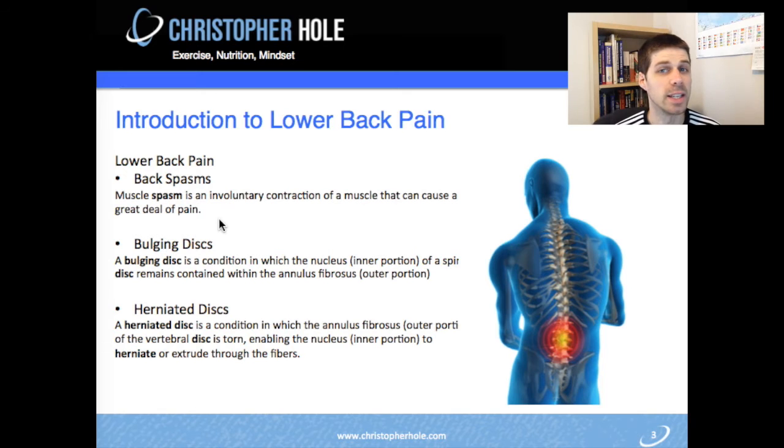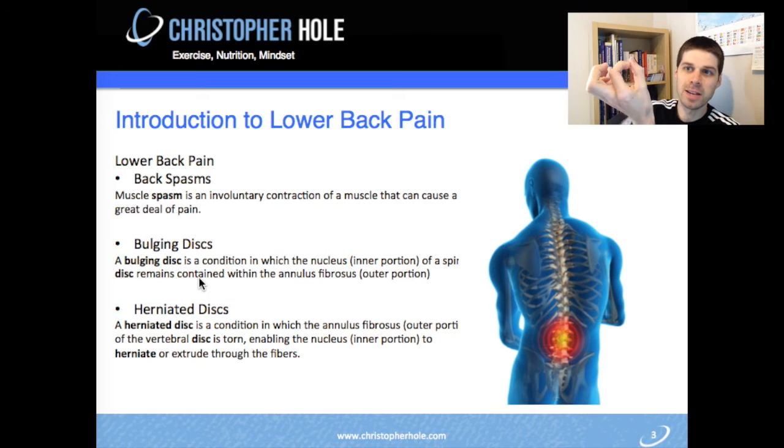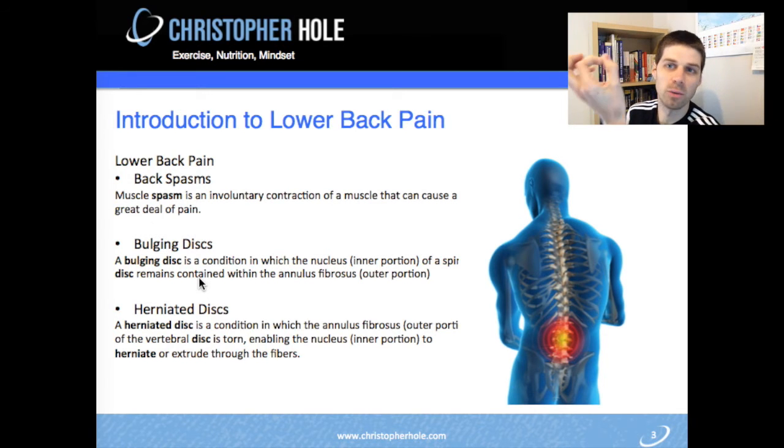The second one is bulging disc. A bulging disc is where the fluid on the inner part of the disc moves its way through the outer wall, and then it pushes on a nerve. If you can imagine a big round disc, and in the middle you've got a little pocket of gel, for instance.